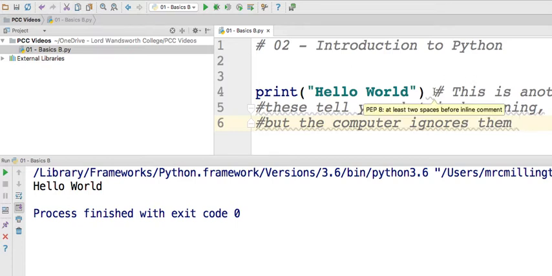After the hashtag, anything after the hashtag, the computer will ignore. Want me to prove it to you? I'll just press play and hopefully see the same hello world appears. So the computer will ignore this, but it's always good for you to tell people what it is you're doing,